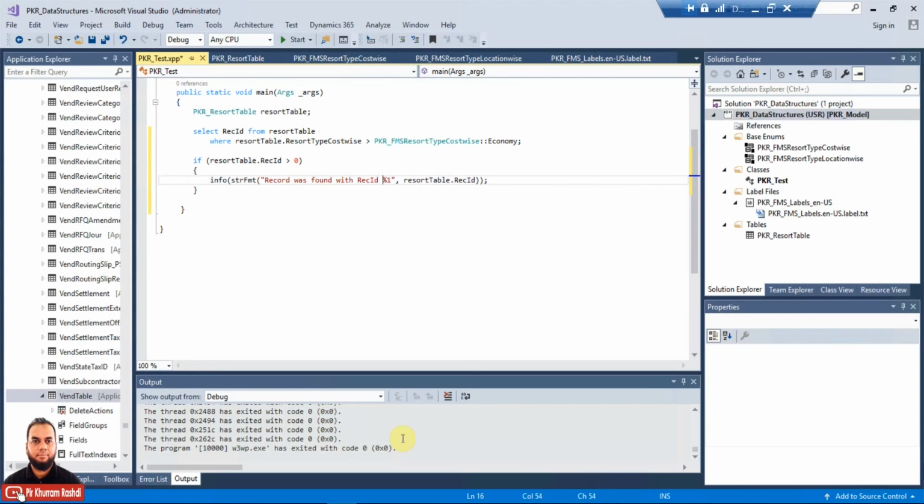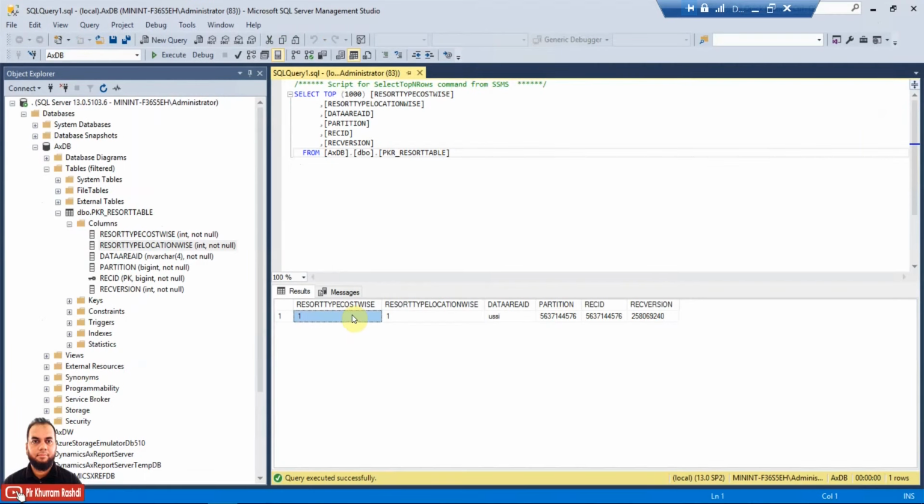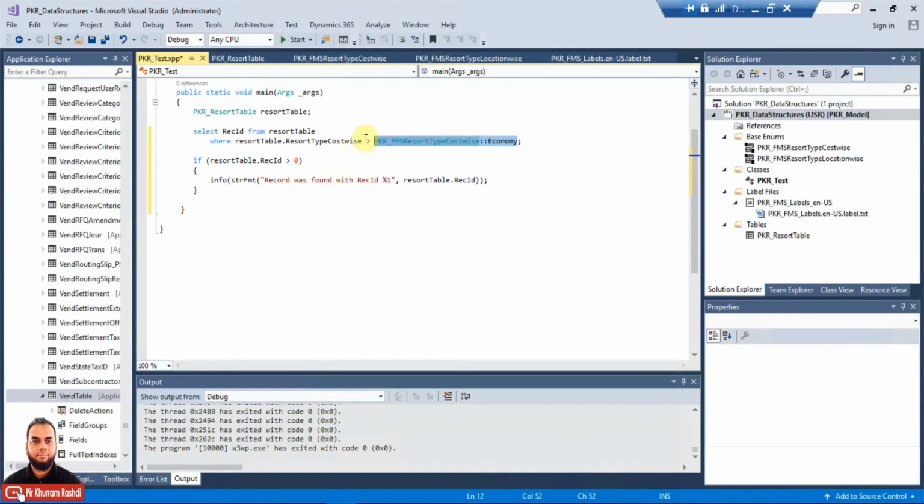Definitely there is one record which is greater than economy, and economy just treats it as a zero. So if something is above 0, it will return a record, and we already know at the back end that there is one record having a value of 1. In this way we can check our condition.